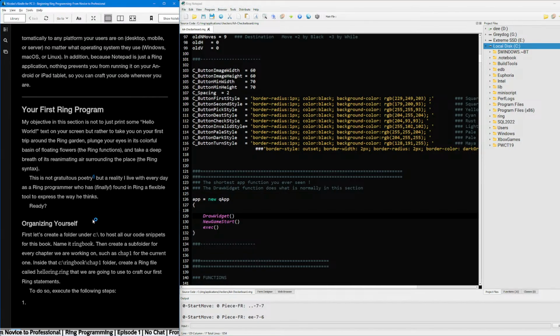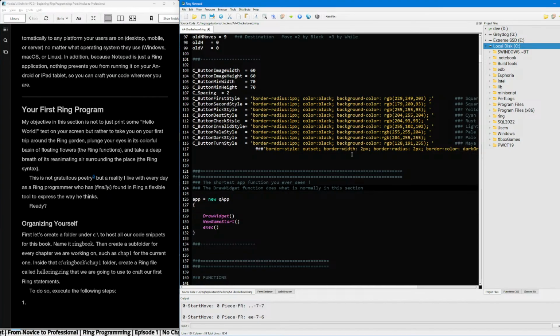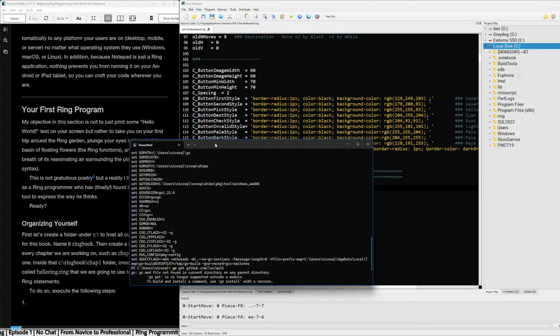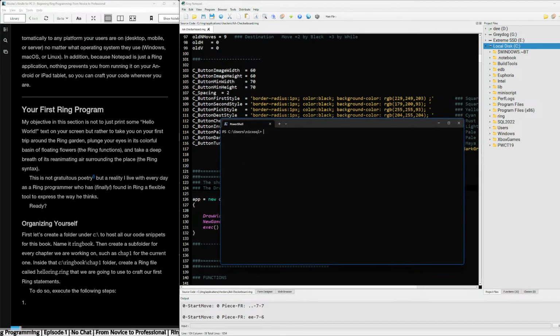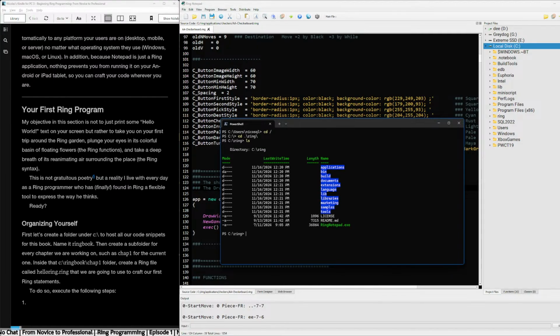Something about poetry. Name it Ring Book. Oh right, create the file. That's literally how this all started. All right. Well. Clear. CD. Ring. And what do you want me to do?